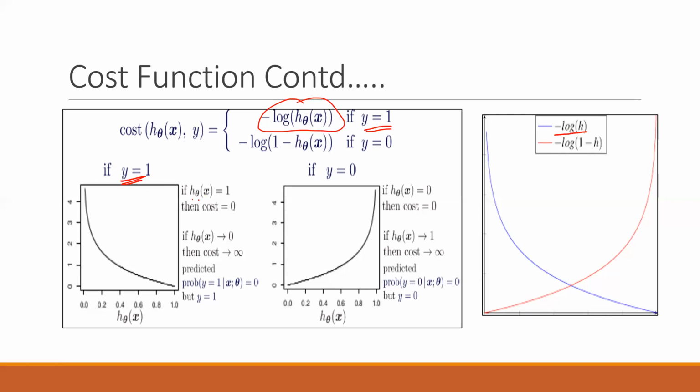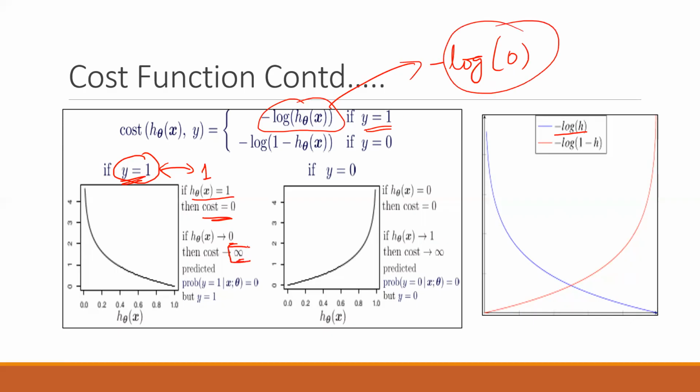So for h(x) equal to 1, if you have the value as 1, अगर आपका मैच हो रहा है, इसका मतलब यही है that if you are matching, अब आपकी जो prediction है वो और आपका जो actual value है वो अगर ये दोनों मैच कर जाते हैं, then cost is equal to 0 obviously, right? There is no difference. तो cost तो है ही नहीं है, exact same answer आ गया. But in case your prediction is 0, then cost will be infinite. Why? Because when you input value of 0 here, minus log 0, so what is log 0? It is undefined, right? log 1 is 0 but log 0 is undefined. तो यहाँ पे हमने लिख दिया that it is infinite.